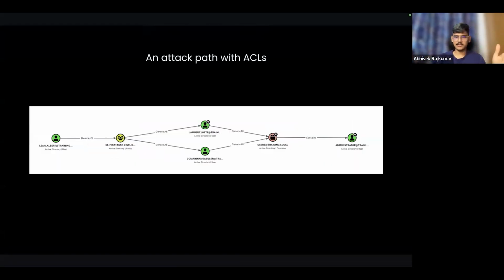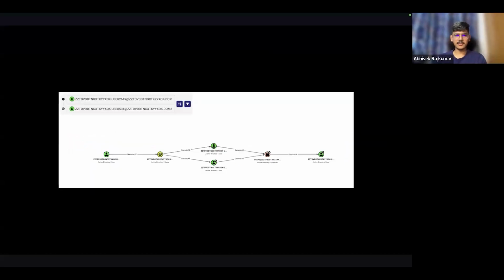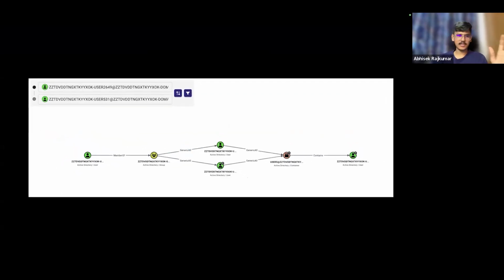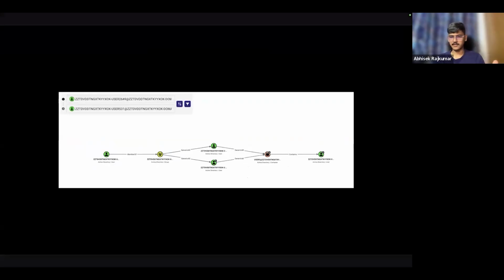Similarly, here is another instance of how this looks. There is a user that is a member of something, and this is a path we are seeing. Even if you try to enumerate this path, it's going to look the same way. This path was originally like this, and after masking we'll still be able to see that path. Everything will be preserved, and you'll be able to see inside that. So the whole part of masking the information is done, which is what we were most concerned about in the initial phases.